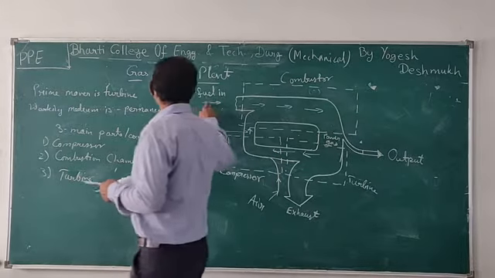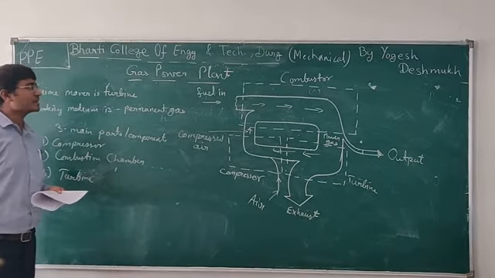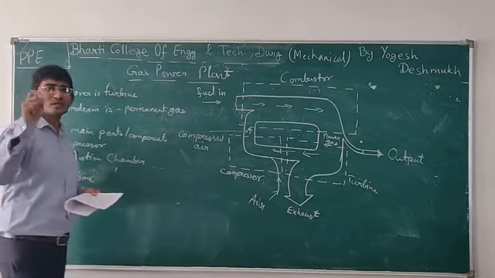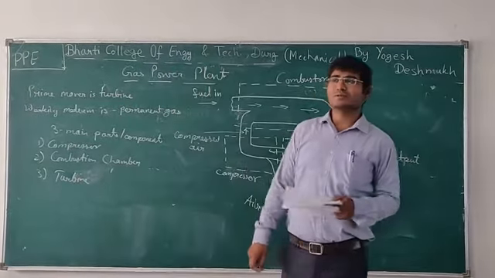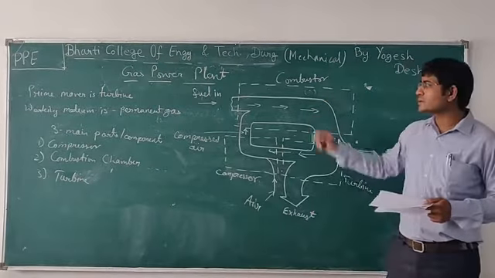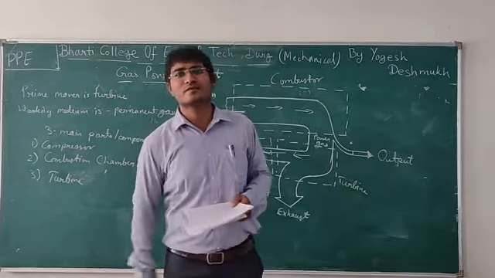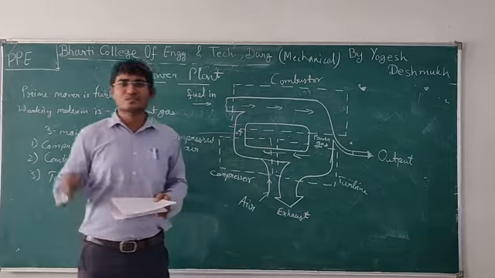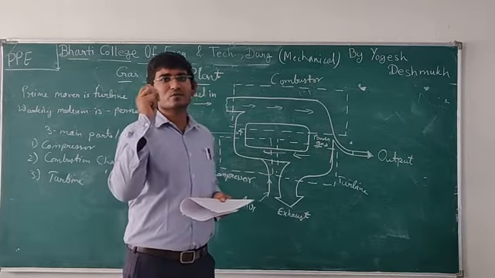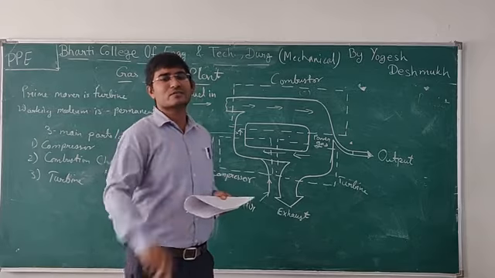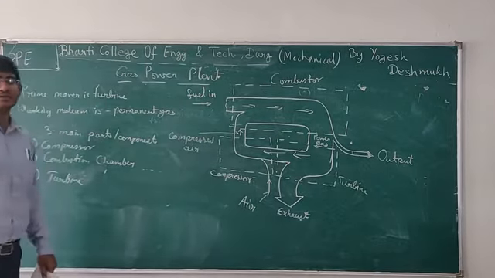Nowadays, in fuels, we use liquid fuels in gas power plants because a gas power plant is a low capacity power plant. So, for easy combustion, we use liquid fuel, for which we use a liquid gun. It sprays the liquid fuel so that it breaks into particles and easily combusts after mixing with the hot air coming from the compressed air.